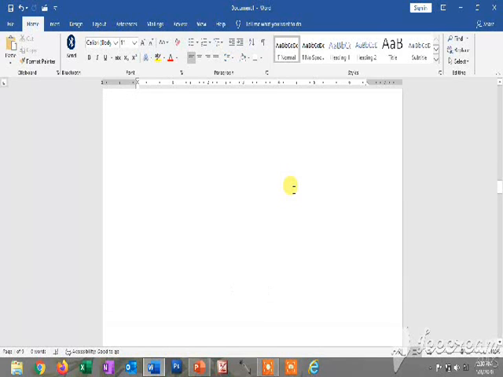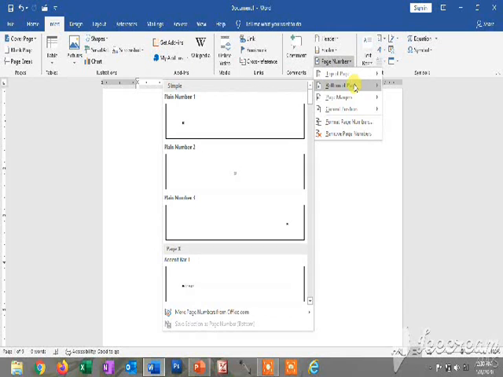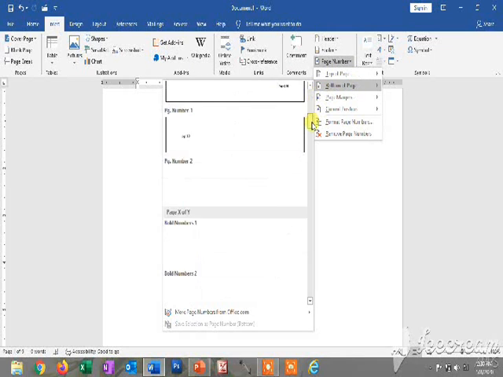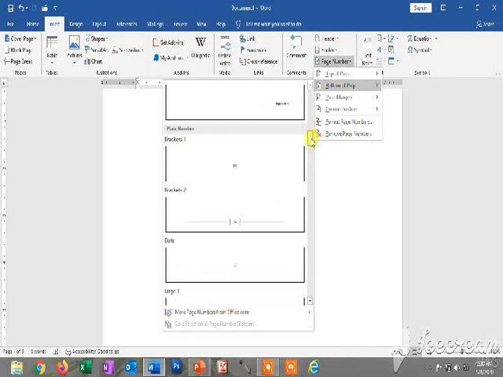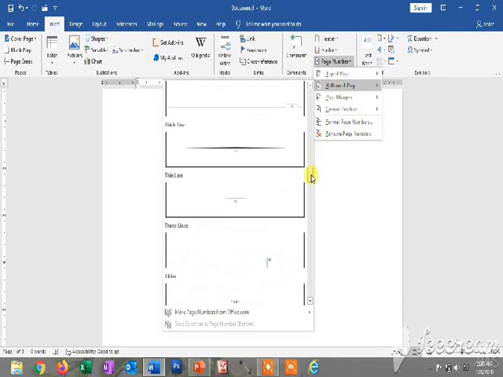Okay, in the same method you can also insert the page number. So how? The same method, go to the insert tab, page number, bottom of the page, which type of page number you want to insert. This is the same method which you already discussed in the header, but you can try it.